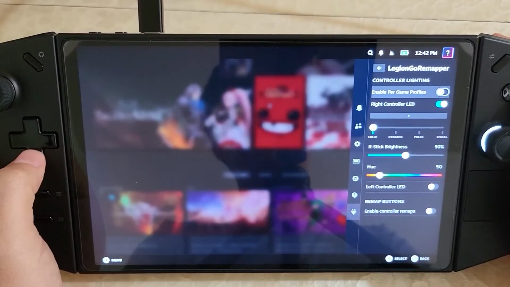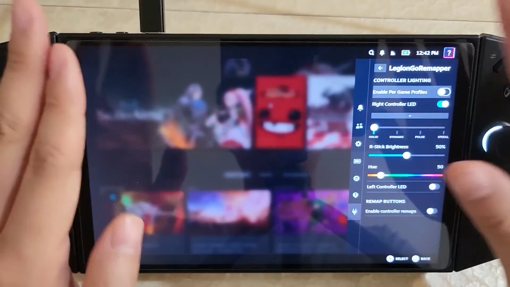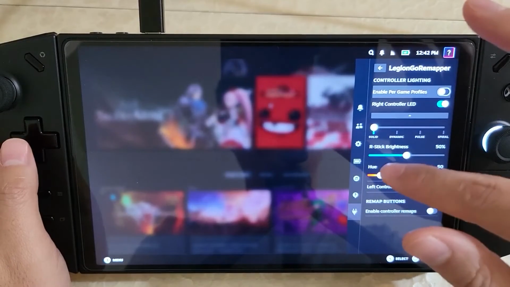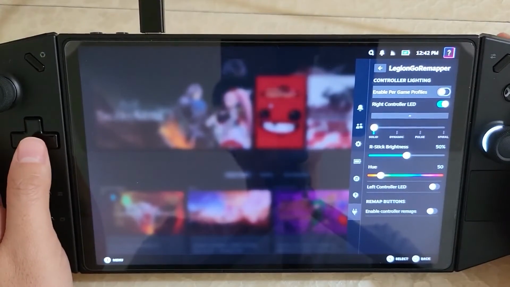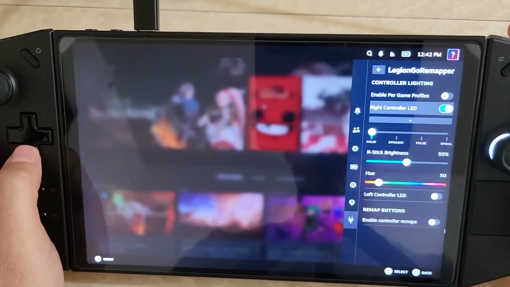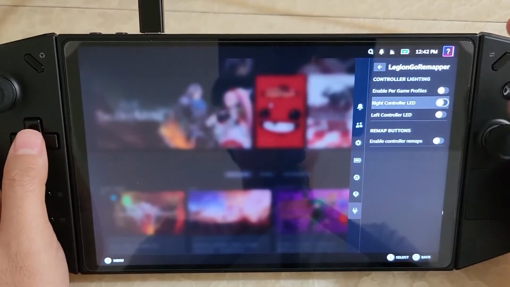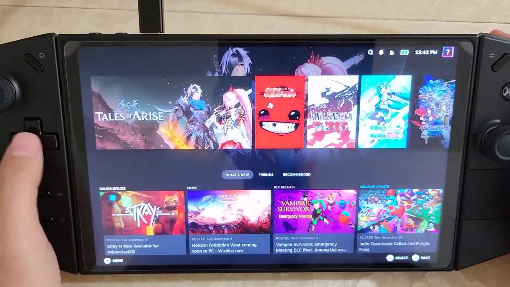One thing though is that when you have the PlayStation 5 controller emulation and this plugin, sometimes they don't play well together and this plugin stops working. So just know that that's a bug that is currently being worked on and looked at. But for the time being now, you could also control the RGB from here as well, which is pretty cool. The per game thing I think is pretty neat as well. Besides that, we want to check the